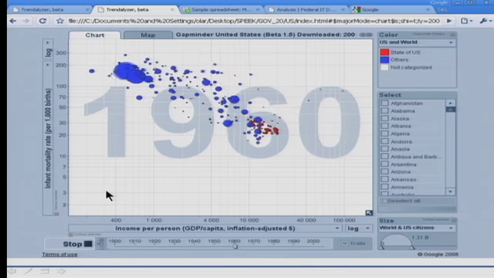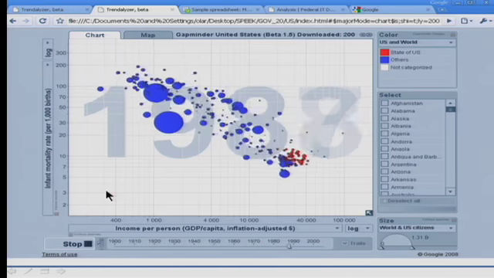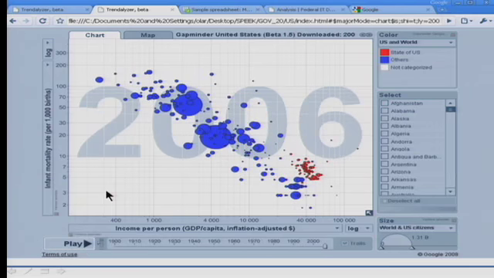Here we have data for most countries, and we can see how the red bubbles kind of stop and go to the right. You see? There, the US states were actually in the middle of the crowd among the rich countries, but then suddenly they moved up. And today, this is the latest data.